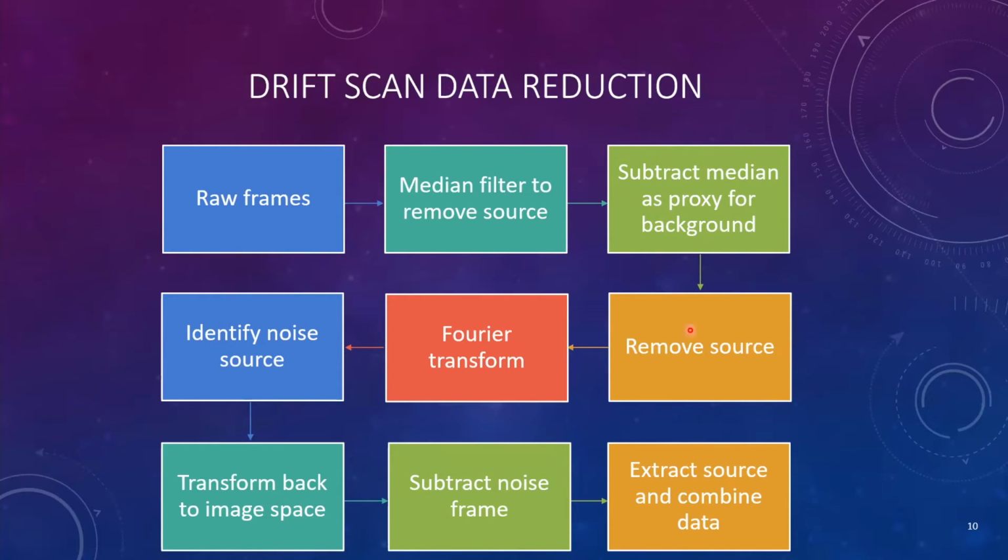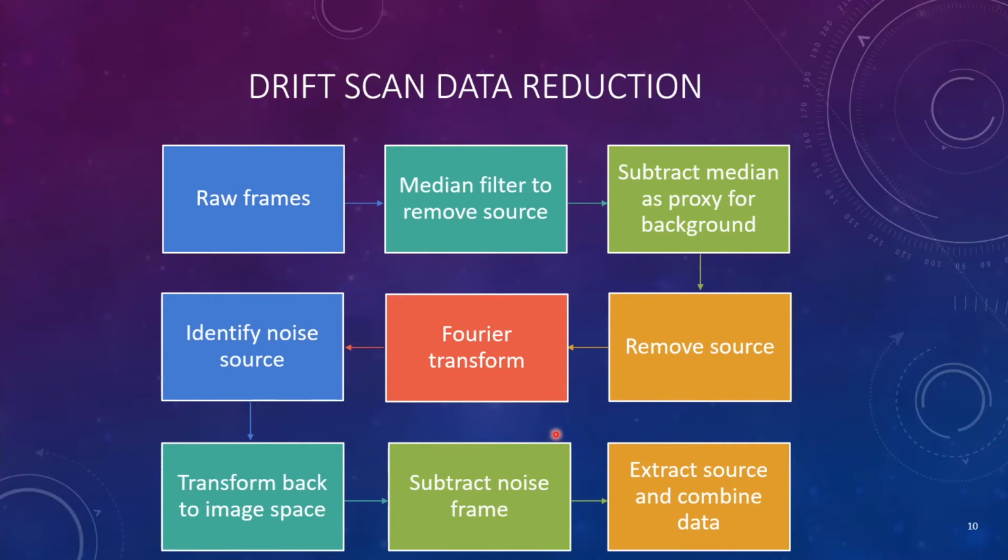Then we can move into frequency space by using a Fourier transform to identify if there is any array readout noise. By identifying that noise, we can isolate it, transform that noise back into the image space, subtract that as well from our data, and then we can extract the source from that clean frame